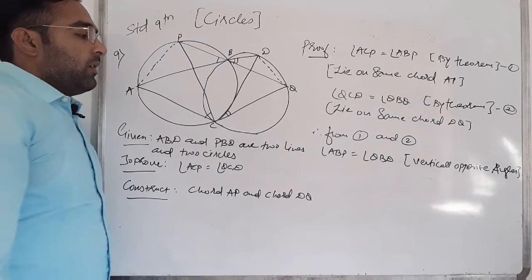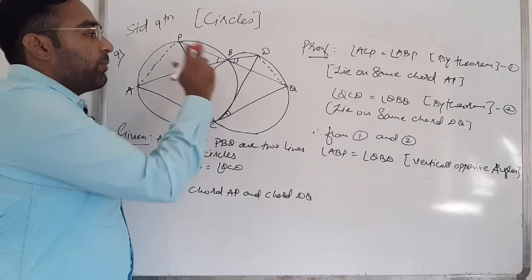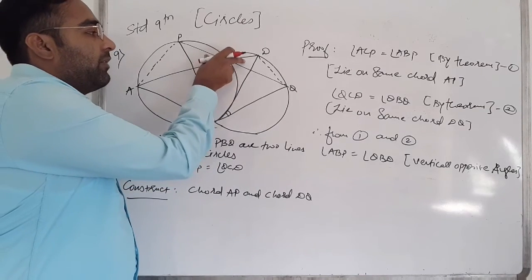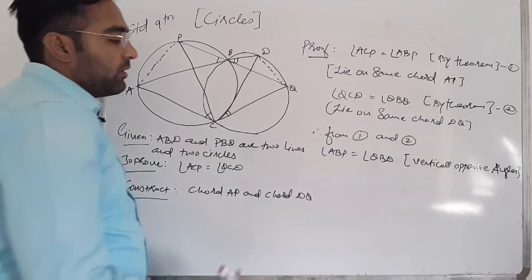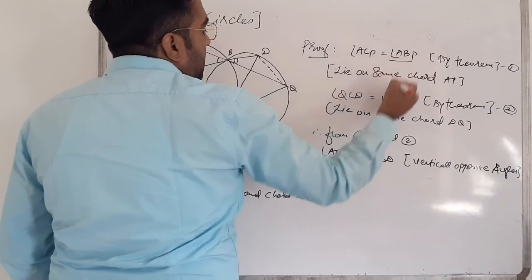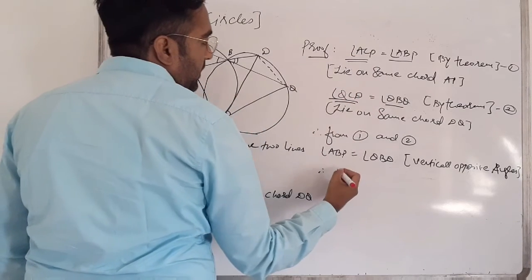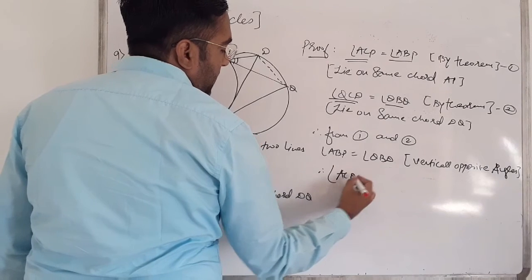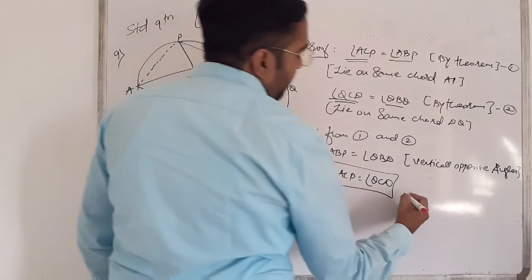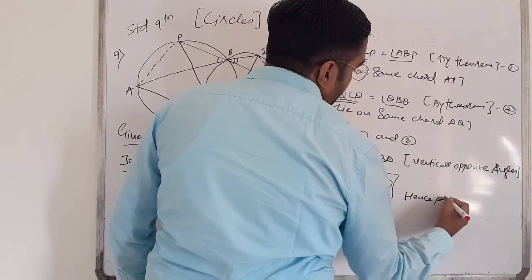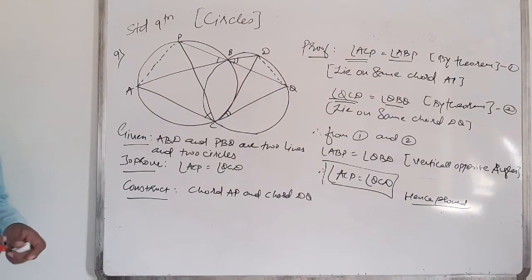Okay, so ABD and PBQ are straight lines forming the angle at point B, and that kind of angles we know as vertically opposite angles. So therefore ABP is equal to QBD, so we have to write that angle ACP is equal to the angle QCD. Clear? Hence proved. Please note down this first.